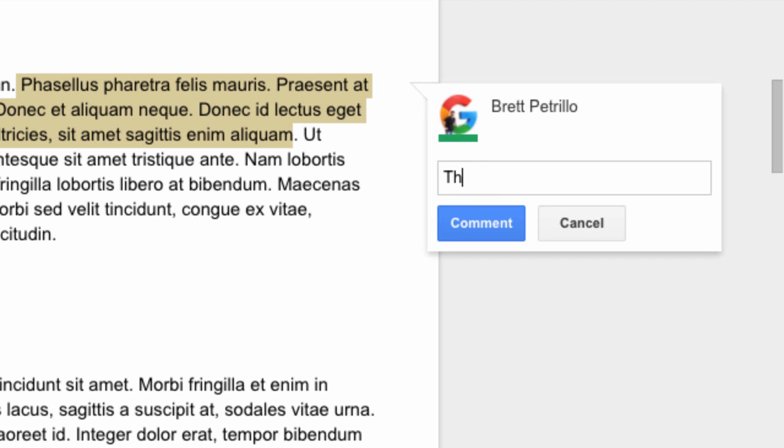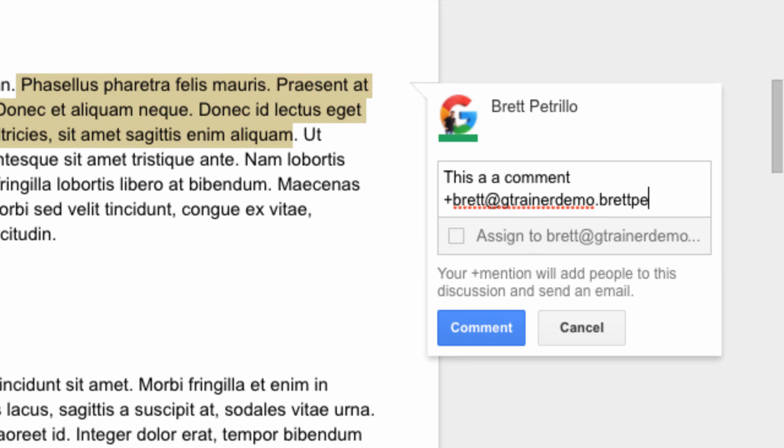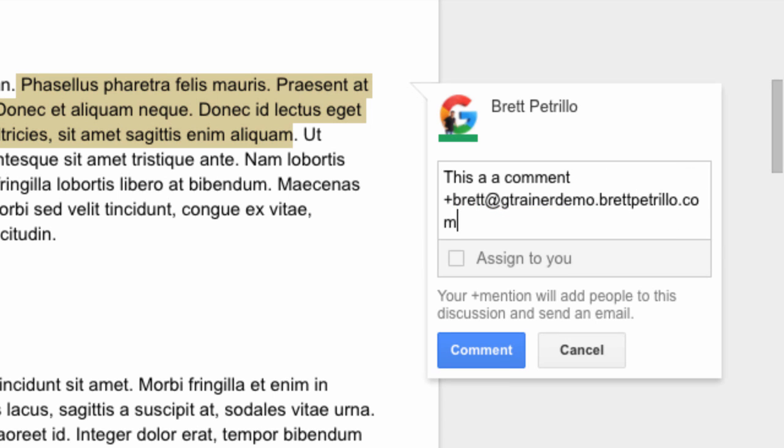So again, this is a comment that I want to send to a specific person. Okay, if I want to send this to a specific person, somewhere in this comment box, all I have to do is put the plus sign and then start typing the email of the person that you want to have receive it in their email. They will receive it right there. So if I write Brett